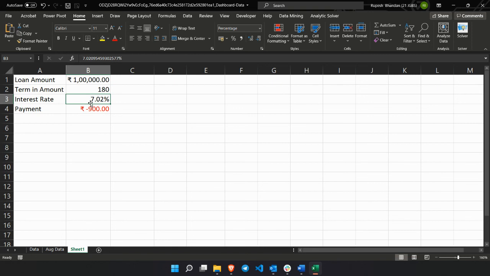Okay, so yeah, that's how you can play around with this. You can change the loan amount, term, anything. You could make any kind of changes, but yeah, if you have any confusions when you are doing that,